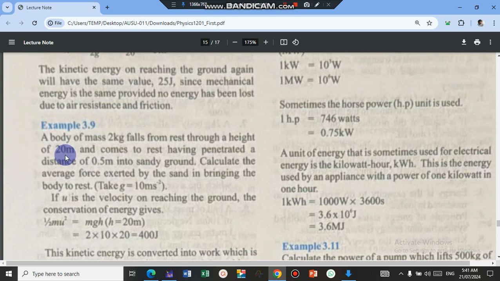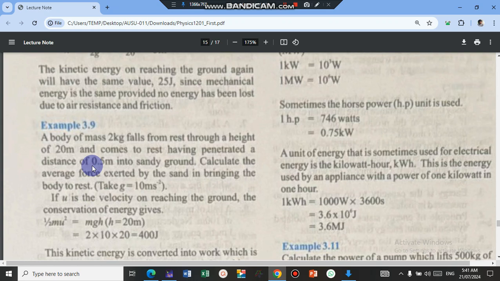That has a height of 20 meters, but then after reaching the ground, it penetrated a distance of 0.5 meters into sandy ground. We should calculate the average force exerted by the sand in bringing the body to rest. This average work is done in bringing it to rest. The ground has done work in bringing it to rest, and this work should be equal to the kinetic energy